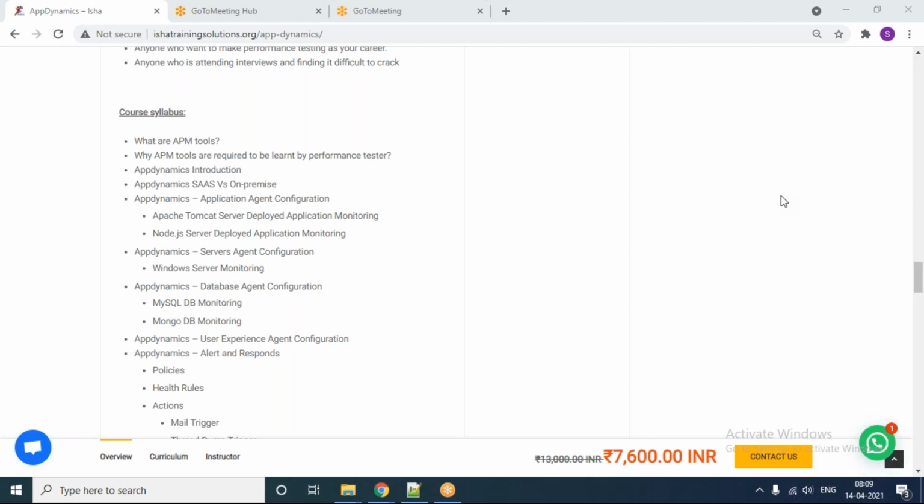Using these APM tools, they do not need to spend much time. They can simply identify CPU related, memory related, response time related, error related, exception related issues. So like that, they can easily identify and pinpoint their issue.